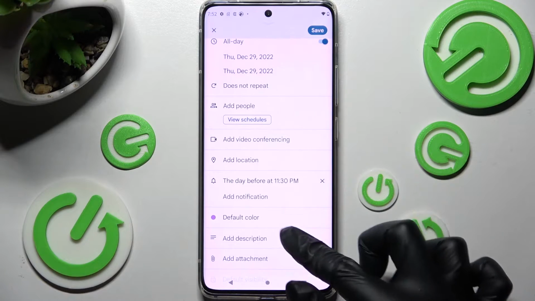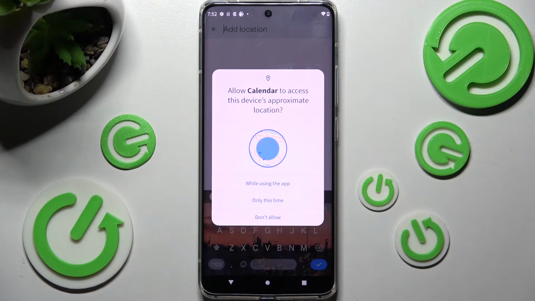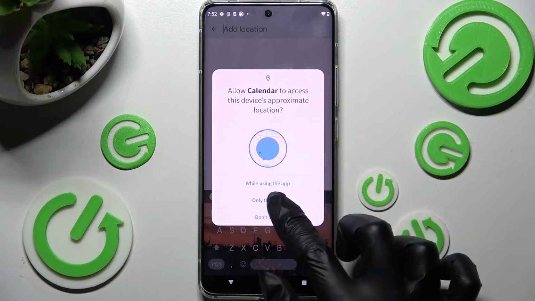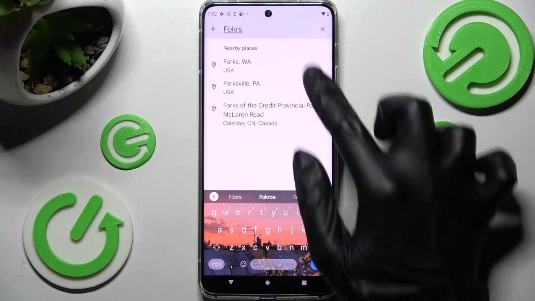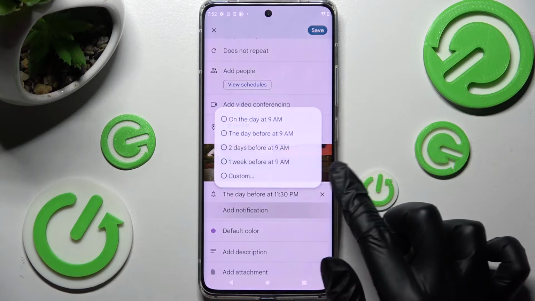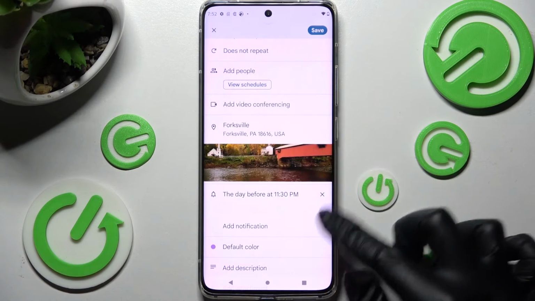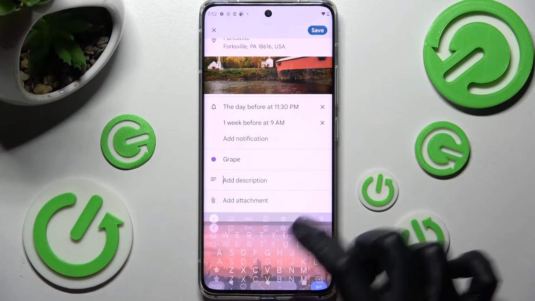Now you can add people, videos, and even add location. From here, select while using the app or only this time, type in an address of your event and click on the correct result. Now set up notifications minutes, hours, or weeks before it, change color, take notes, and even